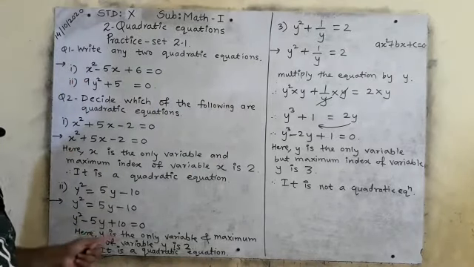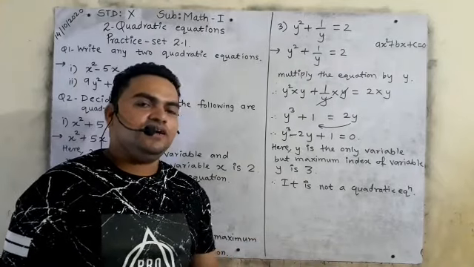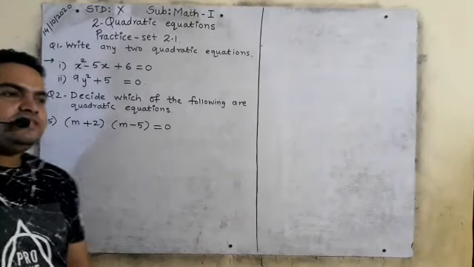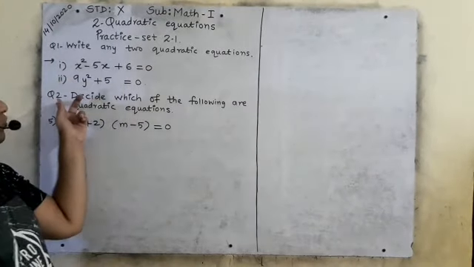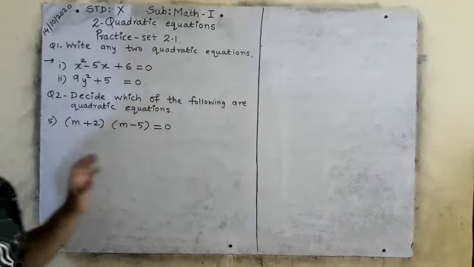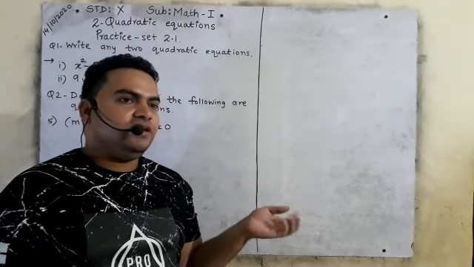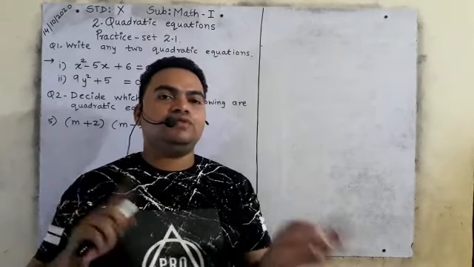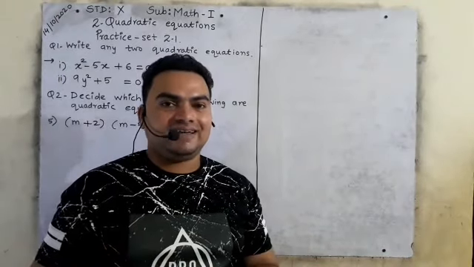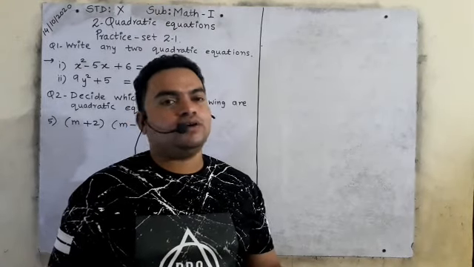That which will be the quadratic equation and which will not be quadratic equation. I hope you understood. Dear students, just now we have seen question number 3 of question number 2. Now we will see the fifth one. Fourth one is same like question number 3. In question number 4 there is a denominator of x. So you will multiply both the sides of equation by x. Then you will come to know the given equation is a quadratic or it is not a quadratic.